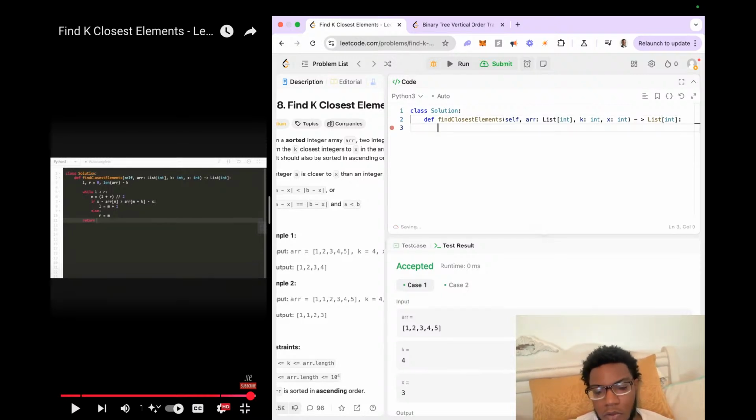and then we want to set our left, right equals 0, length of nums or array minus k, and then we're going to say while left is less than right, if x minus array mid is greater than array mid plus k minus x, left equals mid plus 1, else right equals mid,